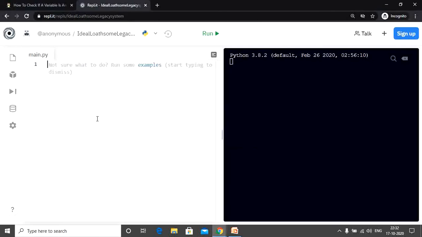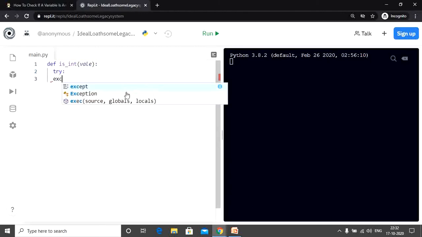Let's clear out the screen. Let us define a function again. Let me name it IsInt again. We pass a value to this function. Then we have our try block. And let's also define the except block. So inside the try block,